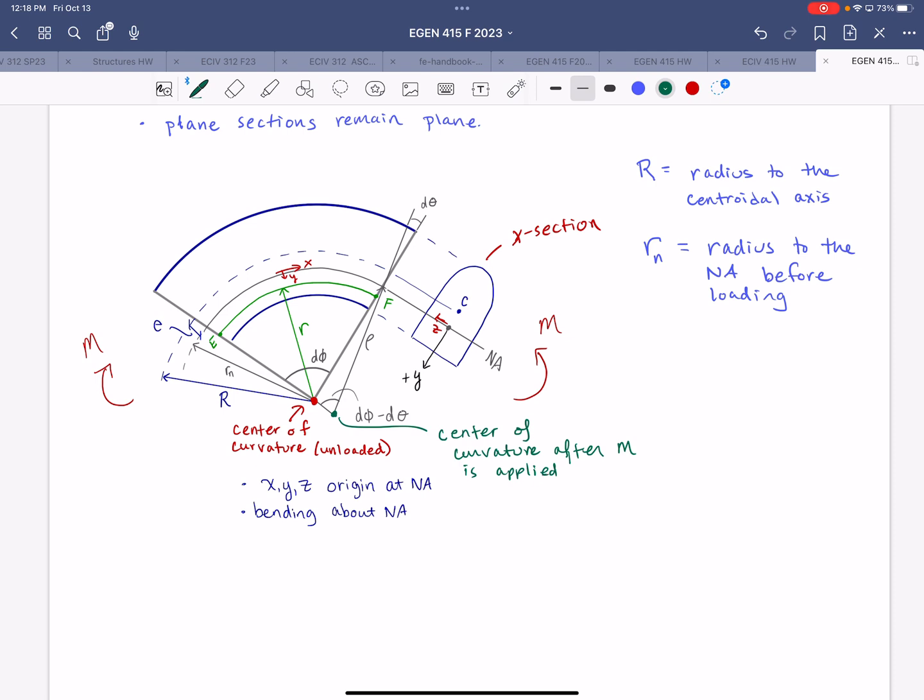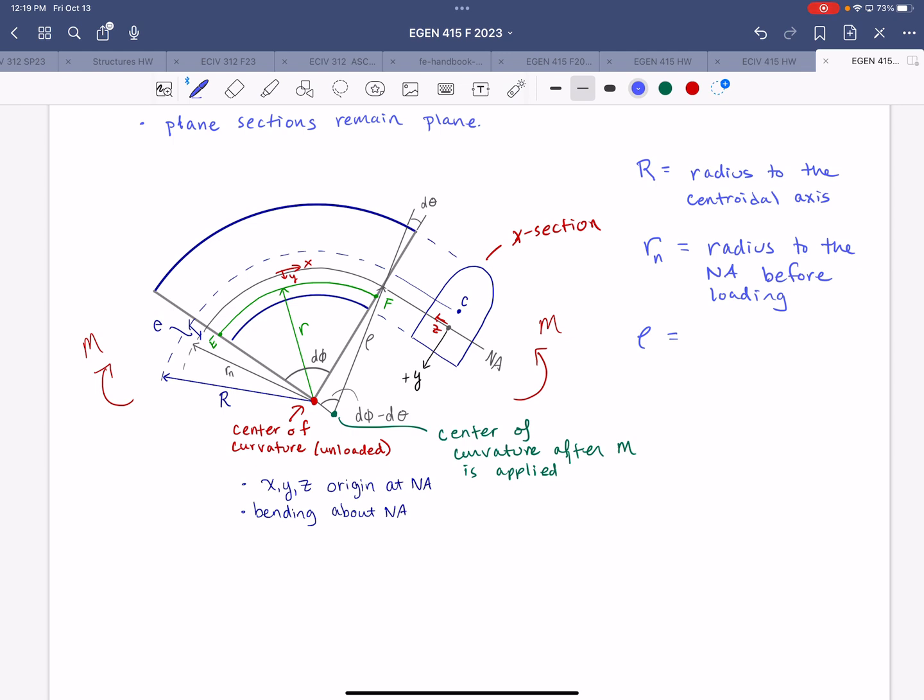All right, so you can imagine if you have a beam that is pre-bent about its bending axis, pre-curved, then if you apply a moment in either direction, that's going to change the curvature of the beam. So it's going to change the center of curvature, it's going to change the neutral axis location, and it's going to cause a lot of things to be weird compared to our usual calculations for straight axis beams. So